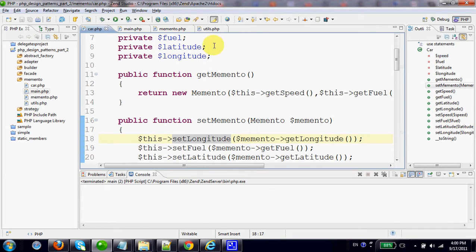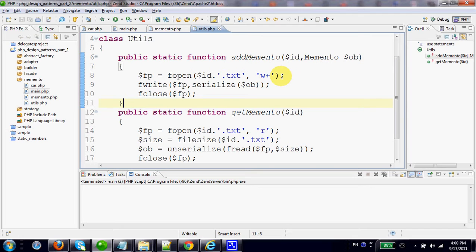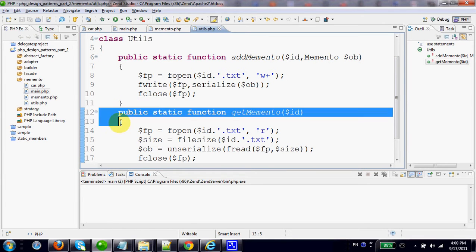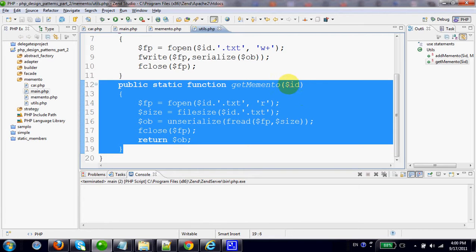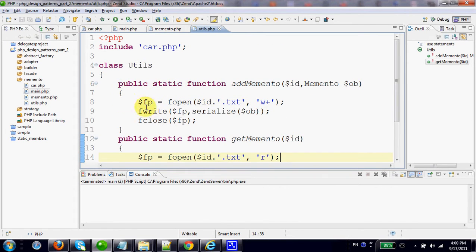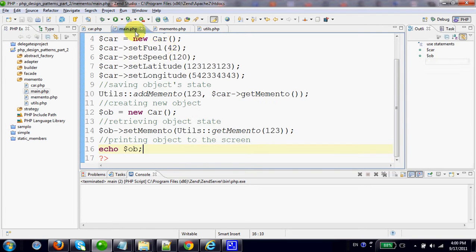Doing so, we can define another class that will be capable of taking a memento object with an ID, so it will be kind of a key value pair, and save the memento object to a file or another storage mechanism. In addition, if we define a method such as getMemento, a method that receives an ID, a key for a specific memento object, and returns that memento object,